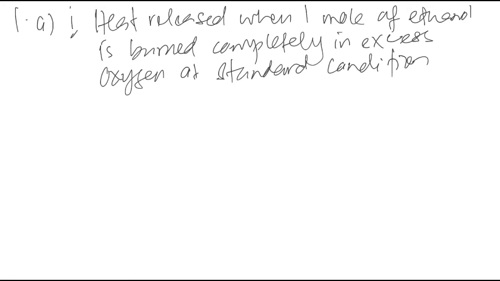At standard condition, the temperature is 298 Kelvin and the pressure is 1 atm. Okay, that is the definition for standard enthalpy of combustion of ethanol. Heat released when 1 mole of ethanol is burned completely in excess oxygen at standard condition 298 Kelvin and 1 atm. Okay, then number 2,